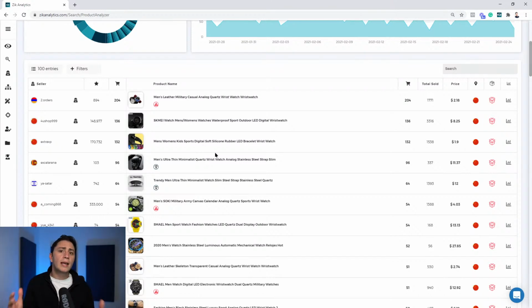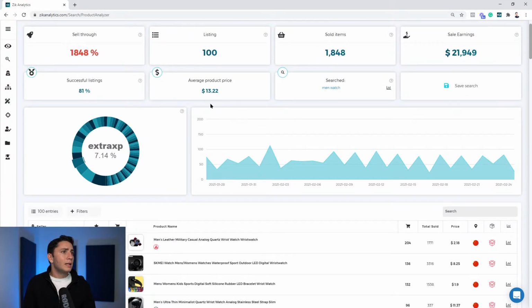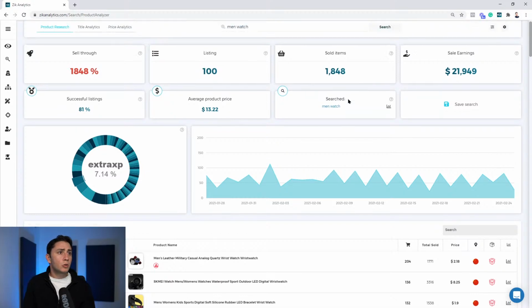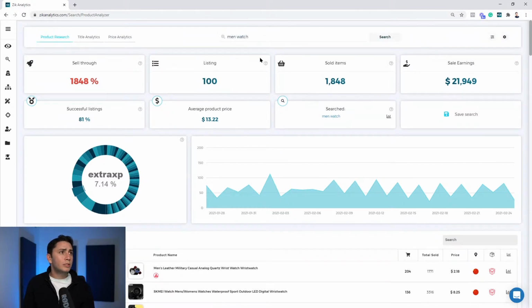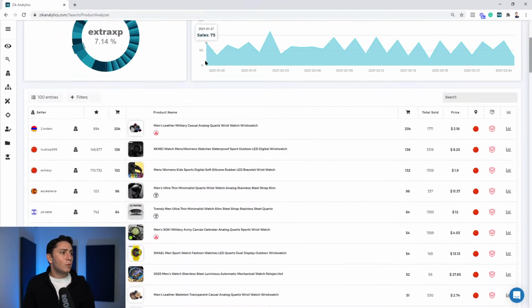He's focusing on cases or iPhone cases. Let's say you're a seller who focuses on men's watches, women's watches, etc. So you will do the same thing. You will go to the product research, search for men watch, and what you will want to do right now is find sellers who focus on this niche as well, who sell a lot of watches. This is what you care about, okay? This is what you want to find.